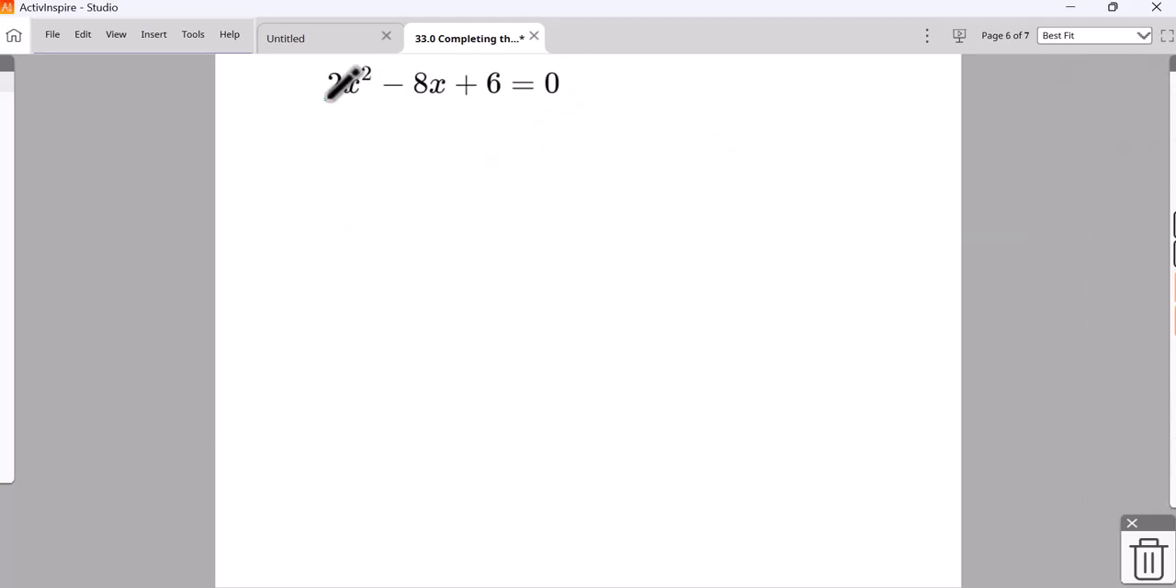Okay, we'll do one where there's a number sitting in front as well. And so here, same thing as before, I want 6 to be on the other side. So 2x squared minus 8x plus something is equal to 6 plus something. And so what's going to happen on this one, to simplify our life, we need to factor out this 2 first. So x squared minus 4x plus something